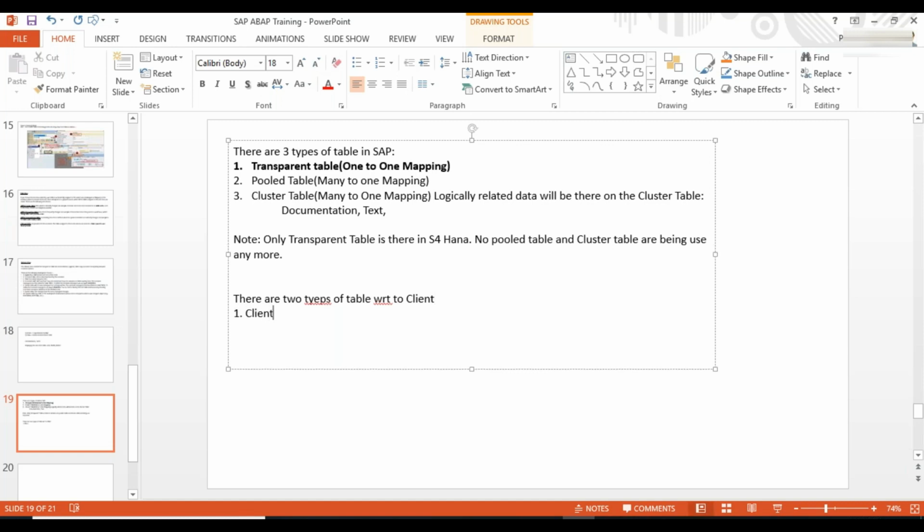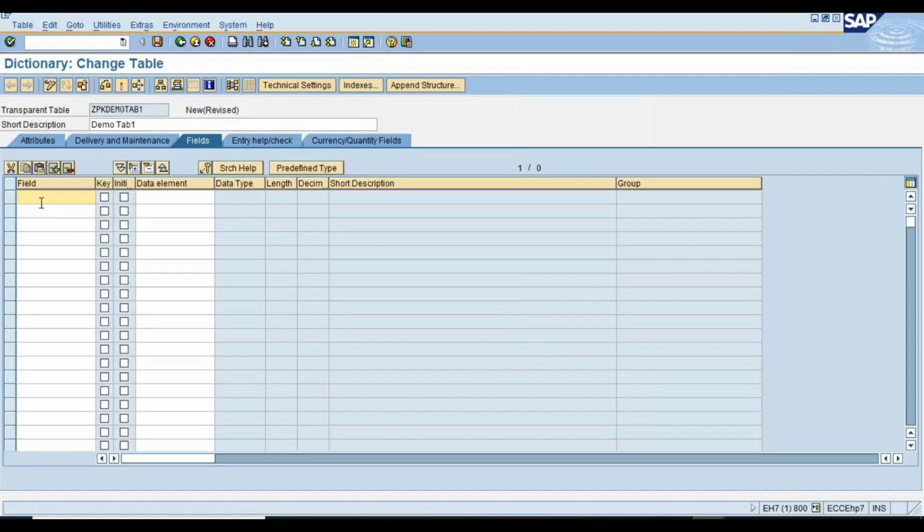One is client dependent and the second is client independent. You know the meaning of client dependent and client independent, right? Yes. So if a table is client dependent, then